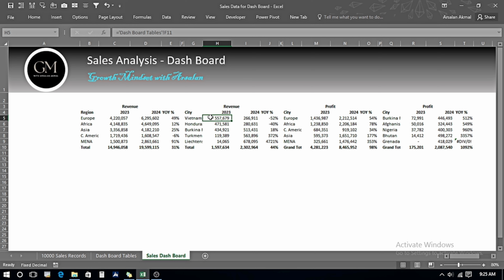We have the data from the first 4 tables, and here we can see that we have a problem over here, which we are going to solve later.